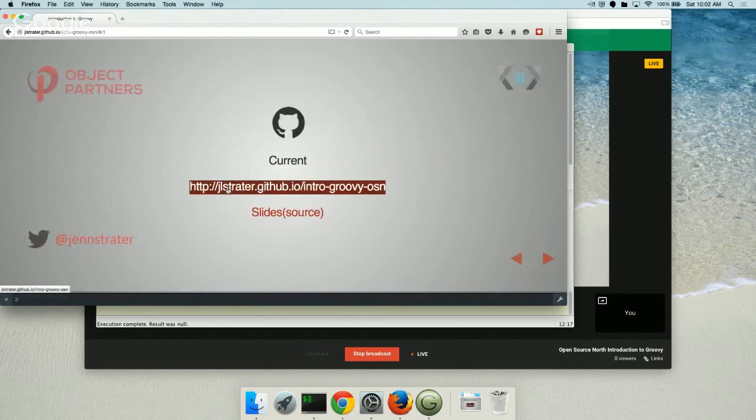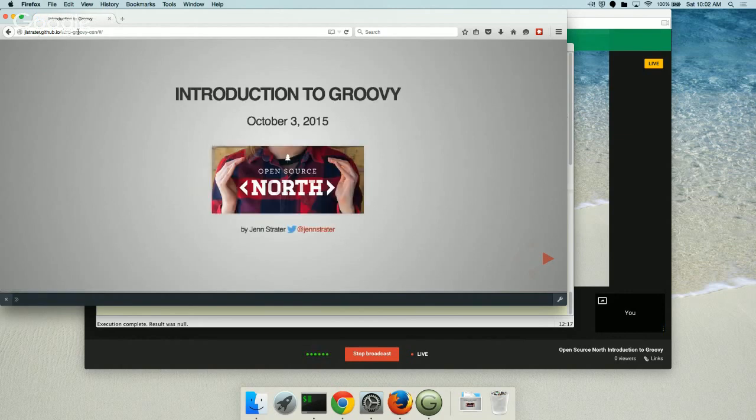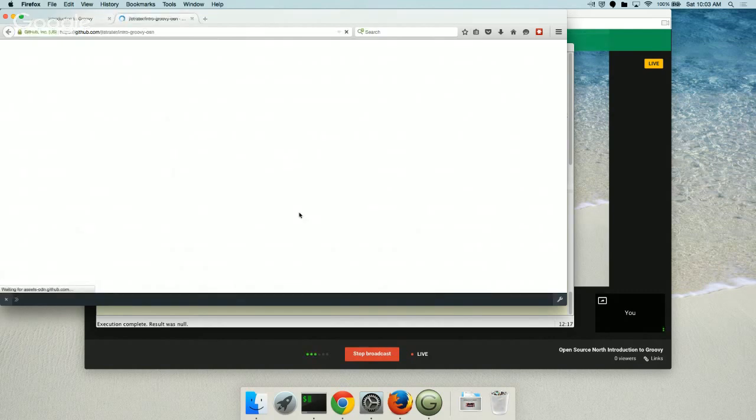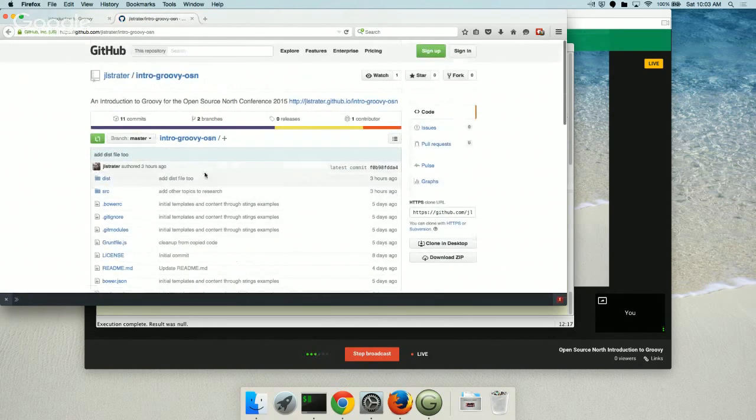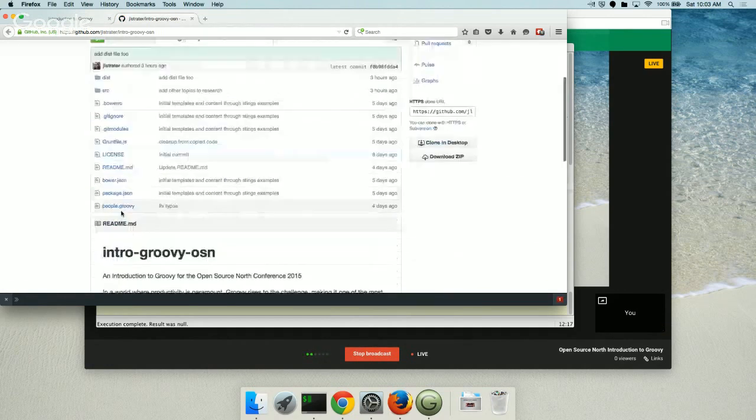So it's jlstrader.github.io, and then the name of the repository, for any of the GitHub pages. And if you notice, that's what I'm running off of right now. And then there's a link to the repository too, which is mostly just the slides. And the Groovy example is in here too.